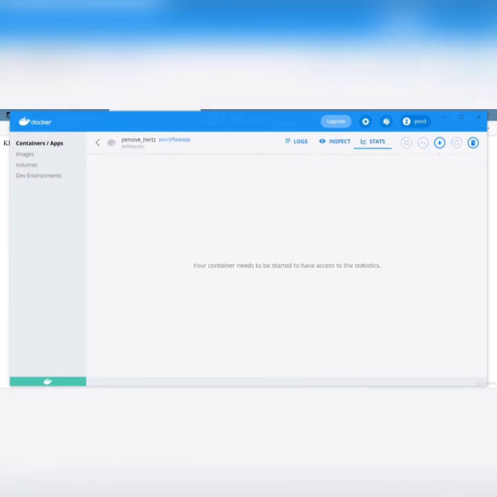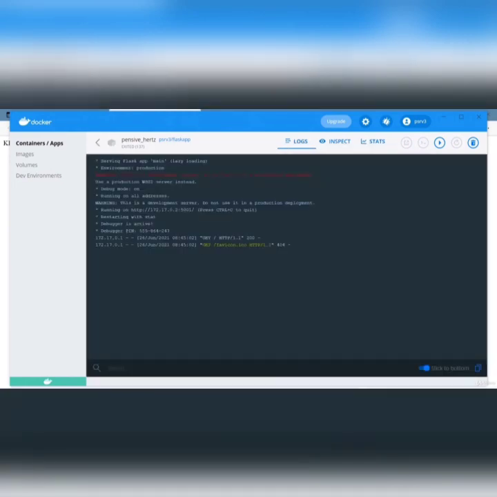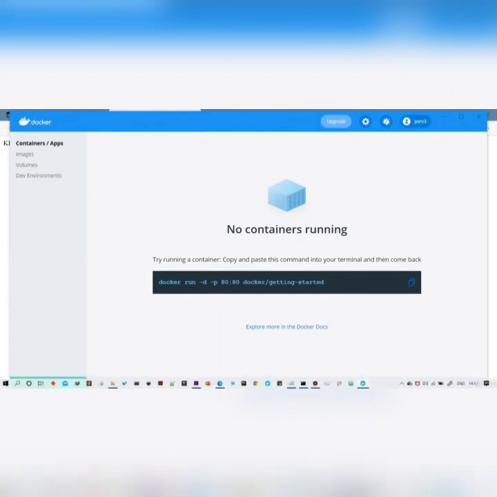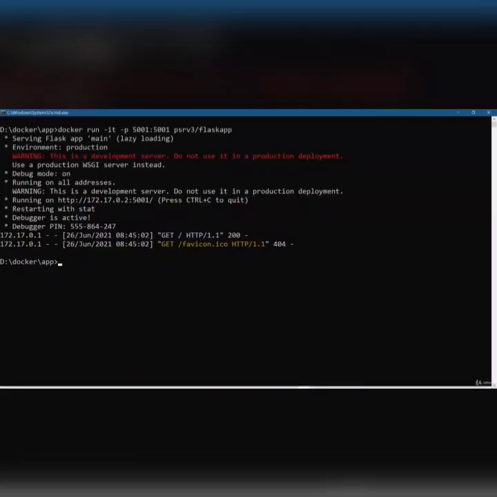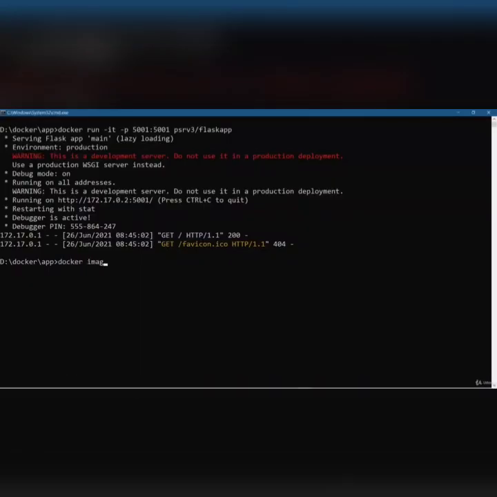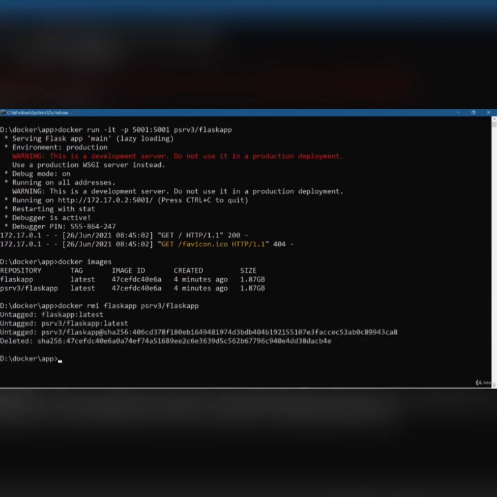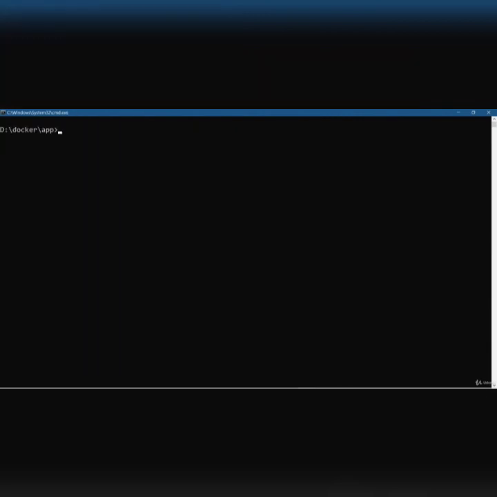These are the logs of this running container. Okay, I removed that container, and now I'm going to delete all the images which are there. There are both images, so you need to use the rmi command and provide the names of both your images, and it is deleted as well as untagged. Okay, now we don't have any images in our system.